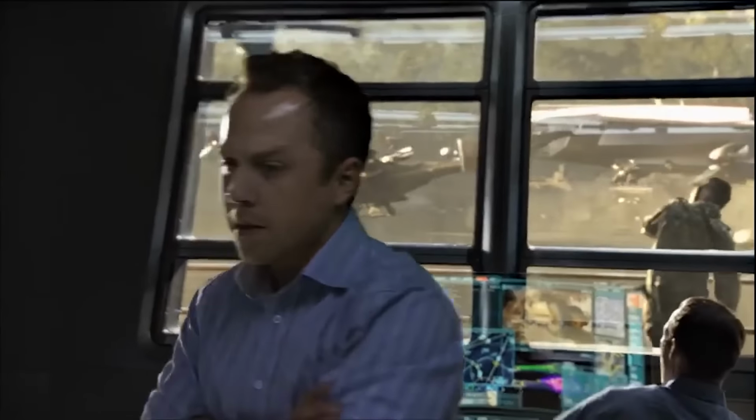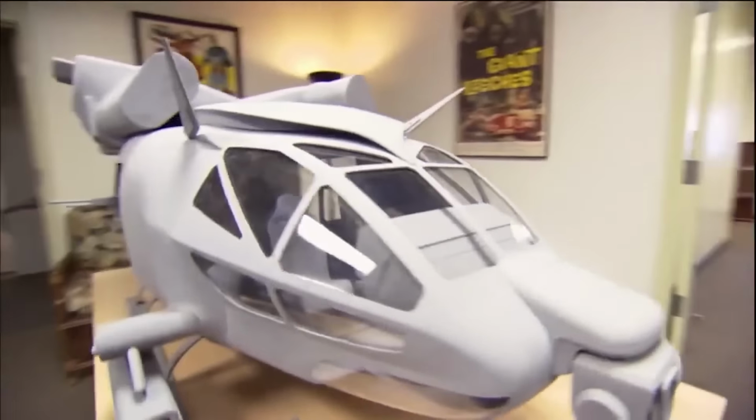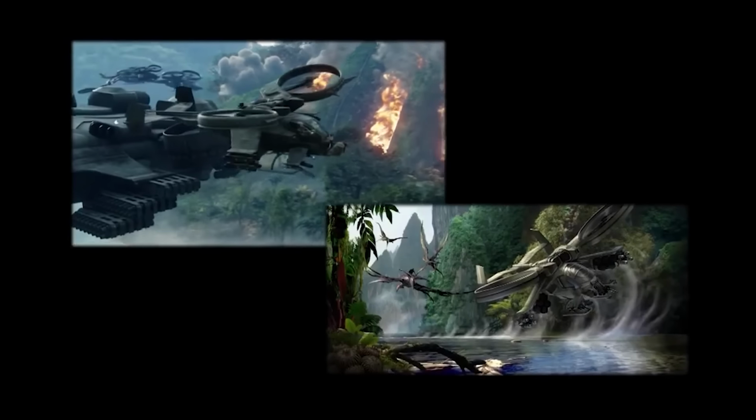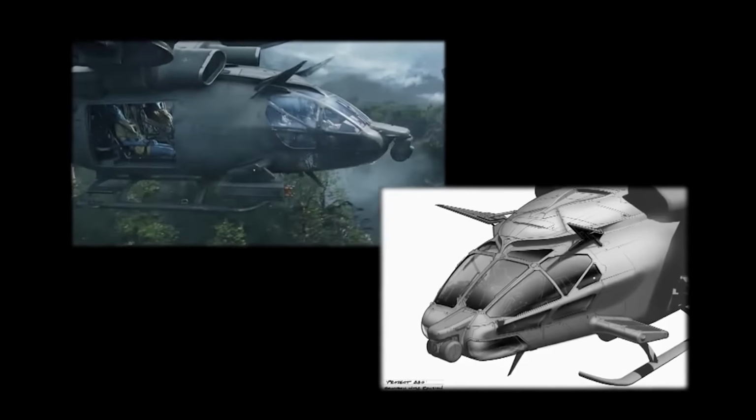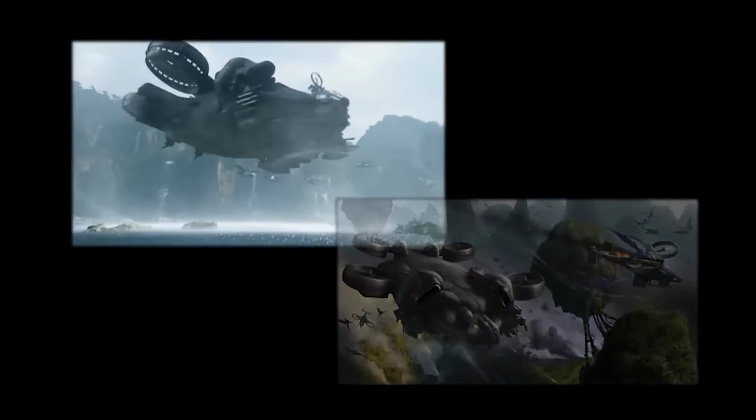There's a perfectly good rationale for why the military technology on Pandora looks so almost 21st century. The idea was always to figure out how to make it feel familiar and yet futuristic at the same time. And that blend of familiarity and futuristic hardware is in the helicopters as well. You've got the Scorpion gunship, you've got the Samson gunship, which is a heavy lifter, and then you've got the big Juggernaut gunship, which is the Dragon, which is almost like a mini flying aircraft carrier.